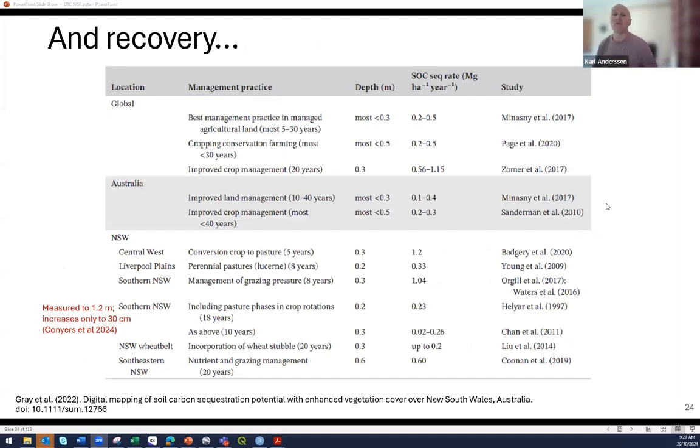So can we rebuild? If we want to look at rebuild, there's definitely lots of examples of accumulation in systems globally and locally. These are from southern New South Wales, but Amanda, as I said, has got some examples for the more local area. So in these sorts of rates, 0.2, half a tonne, pushing up into a tonne sometimes. But in these longer ones, we've got this sort of 0.2 tonnes. Generally, these things are starting at low levels, so there's somewhere to come from.